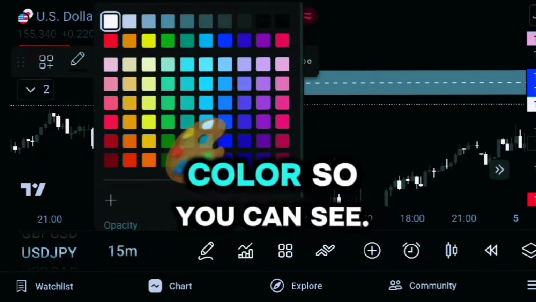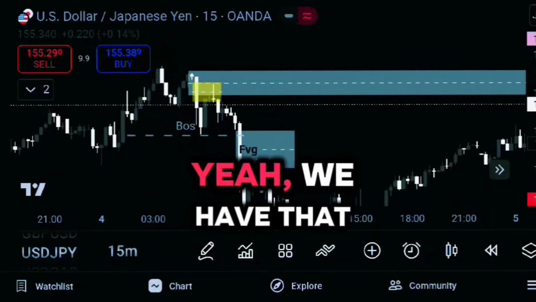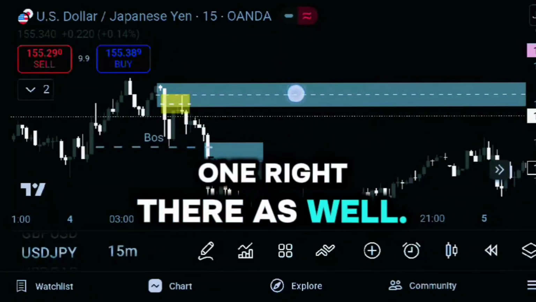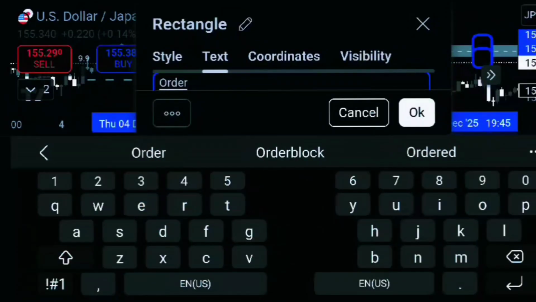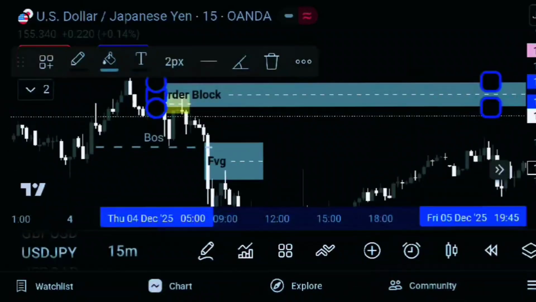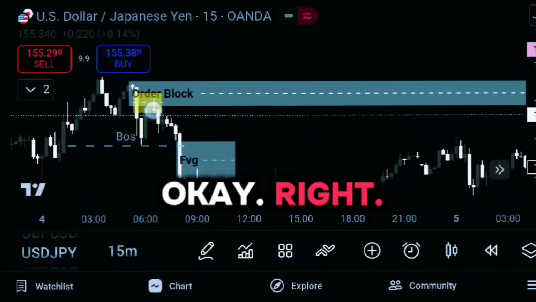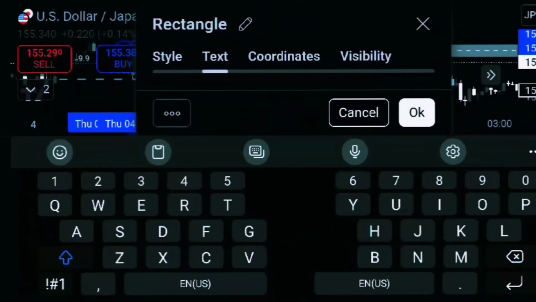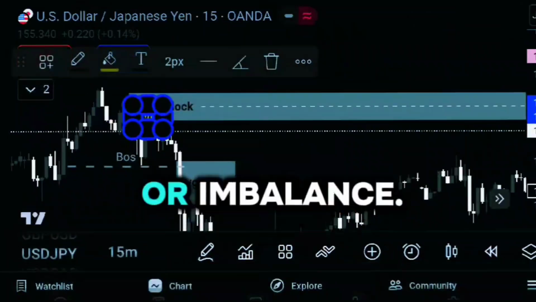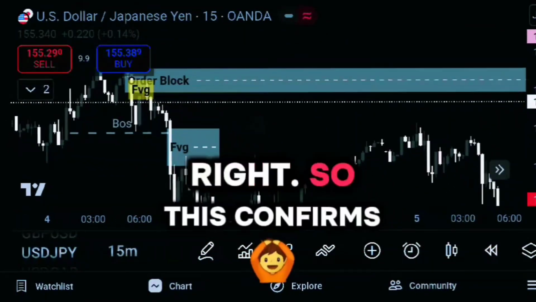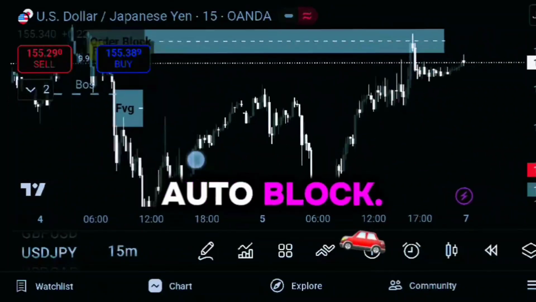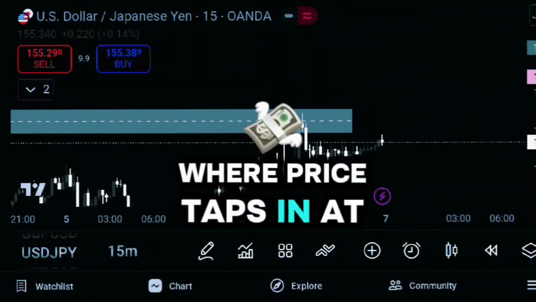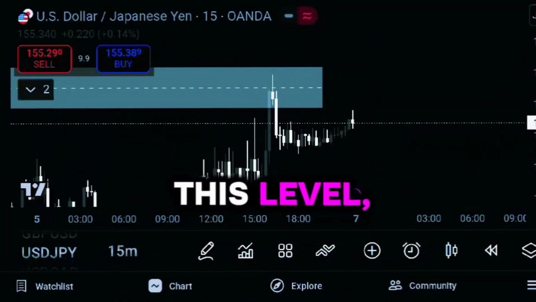Let me change the color so you can see. Yeah, we have that one right there as well, right? So this is our order block, FVG, fair value gap, or imbalance, right? So this confirms that it's a valid order block, and once we see where price taps in at this level,